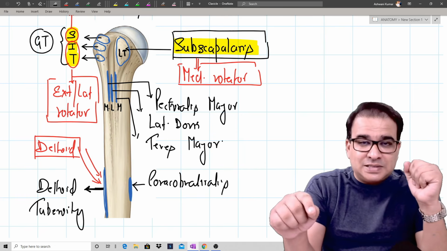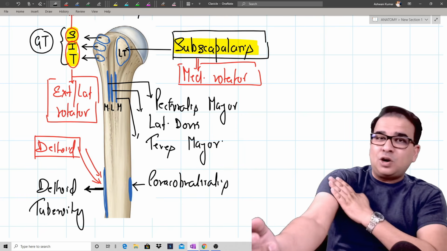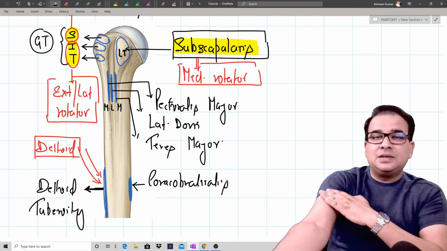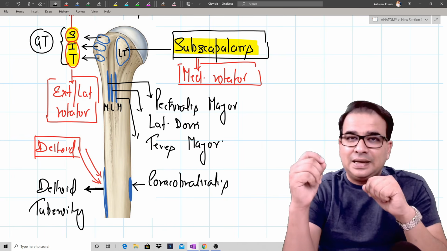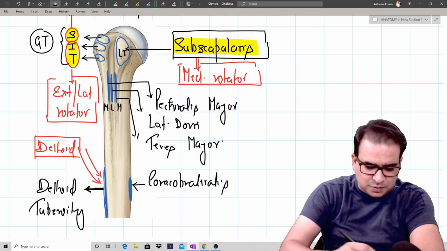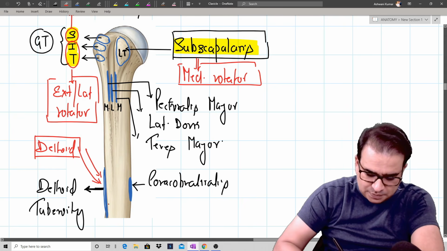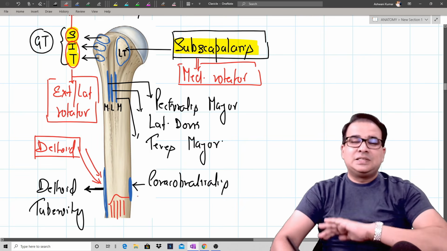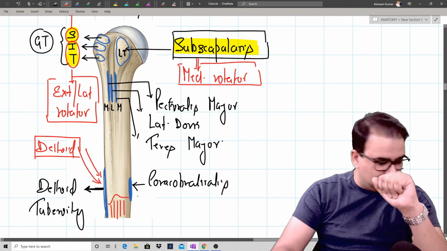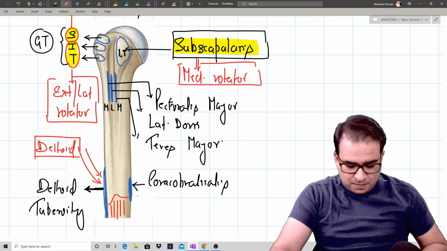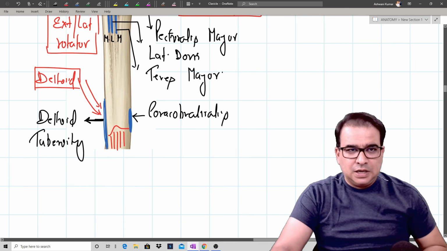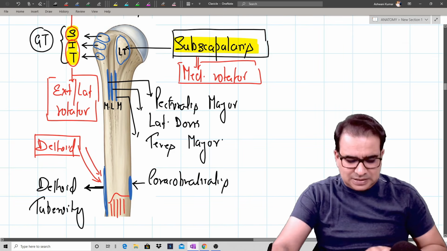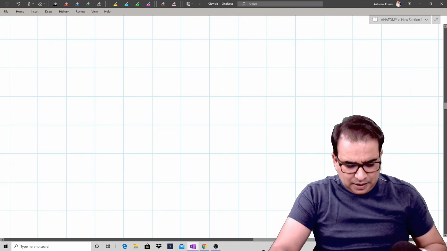And one additional muscle will be seen in the lower part, which is not seen in the upper part, the muscle which originates from the lower part of the anterior surface of the shaft of the humerus, and that is the brachialis muscle. This is showing it only partly here, guys. The brachialis muscle will originate from here and from the lower part, from the anterior lateral and anterior medial surface of the shaft of the humerus. That muscle will be the brachialis muscle. So for that, let me take you to the lower part. But before we go to the lateral part, how about we just turn this and see it from the posterior aspect.